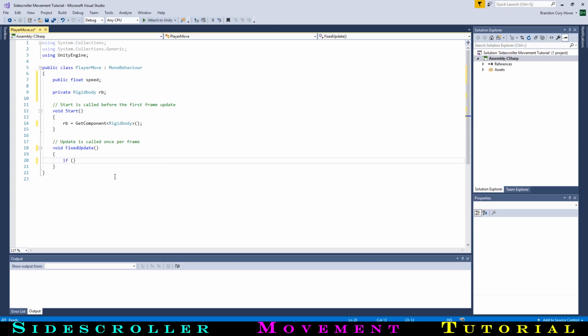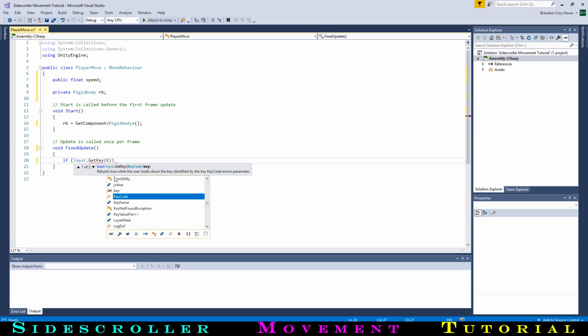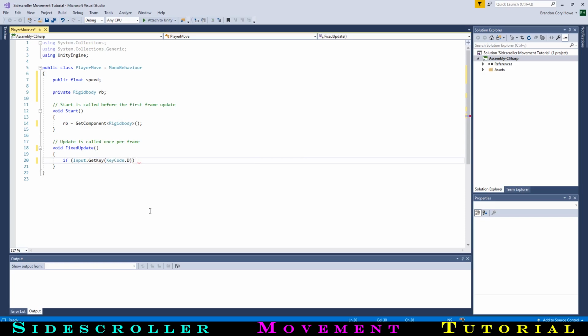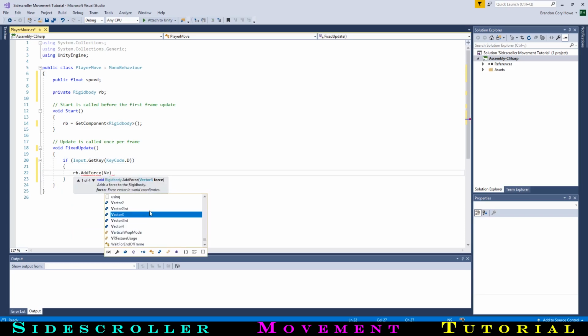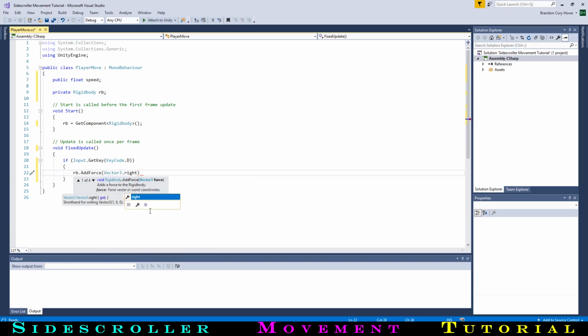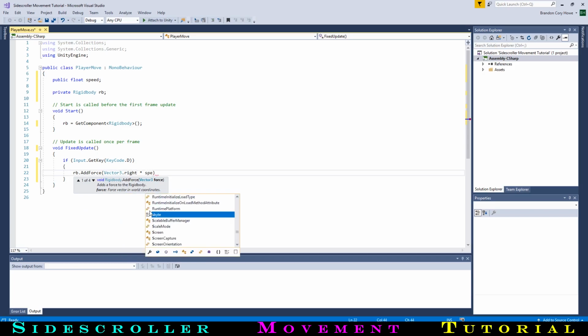Starting with right, we will type if Input.GetKey KeyCode.D. If the user is pressing the D key, we will run the code in between the brackets. To move the player, we will use our rigid body variable and use the function AddForce. The force we will add will be Vector3.right multiplied by our speed variable. The speed we will have to set in the inspector will be quite high, so I will add a ×10